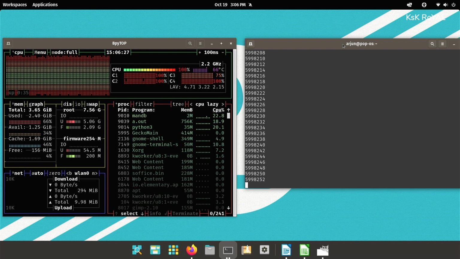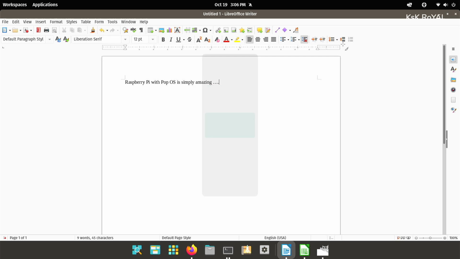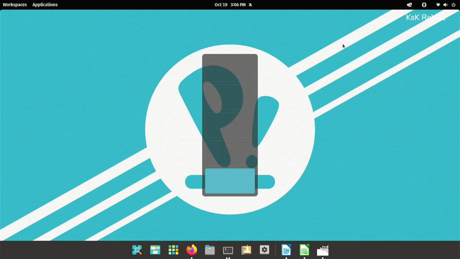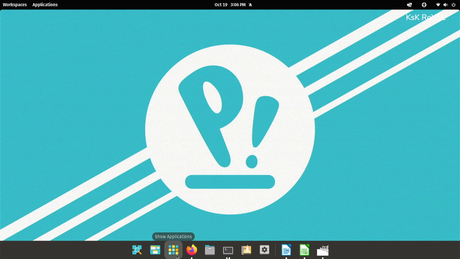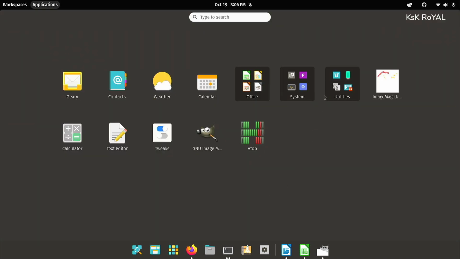multitasking. Usually with other distros, when you overclock Raspberry Pi 4, the system will crash and require a reboot. This is not the case with Pop!_OS, which handles everything without any issues. Overall, I would say Pop!_OS is an amazing Linux distro that you can use on your Raspberry Pi 4 for a simple workflow. As I said, you can use it to learn to code, watch videos, browse, and more.